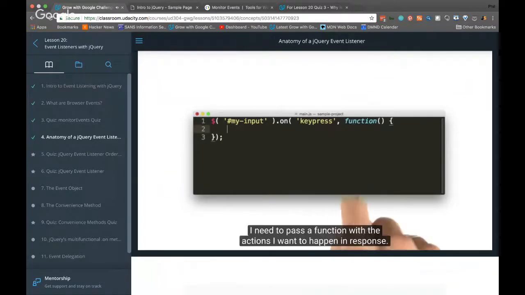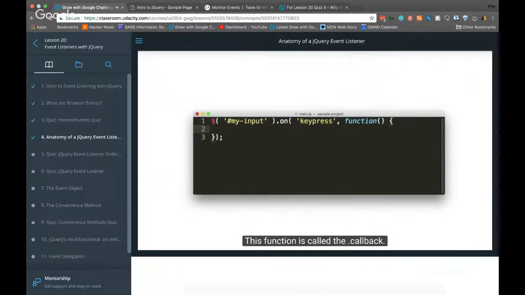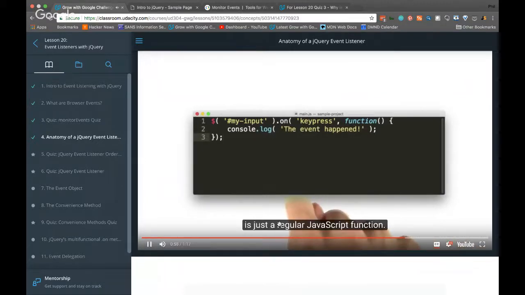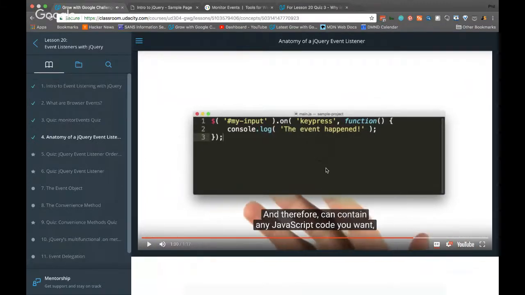And finally, I need to pass a function with the actions I want to happen in response. This function is called a callback. The callback function being passed to the on method is just a regular JavaScript function, and therefore can contain any